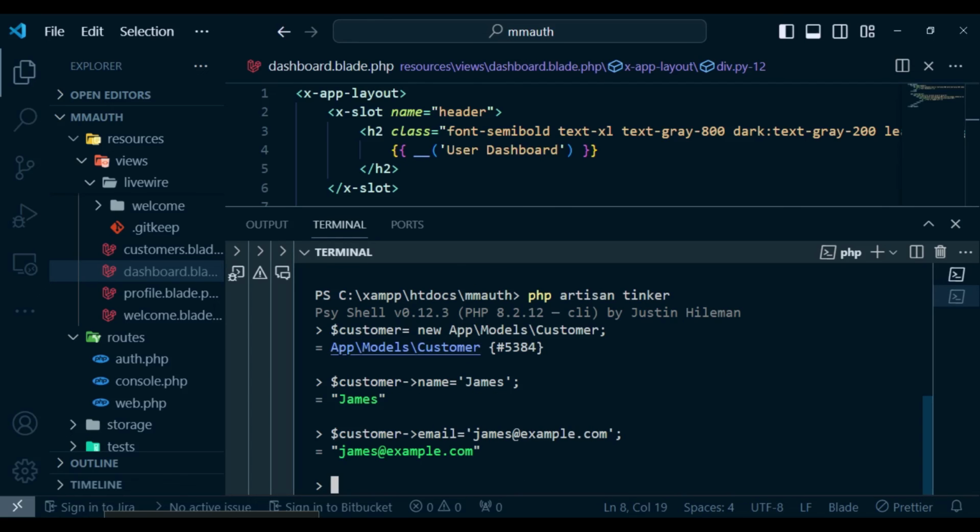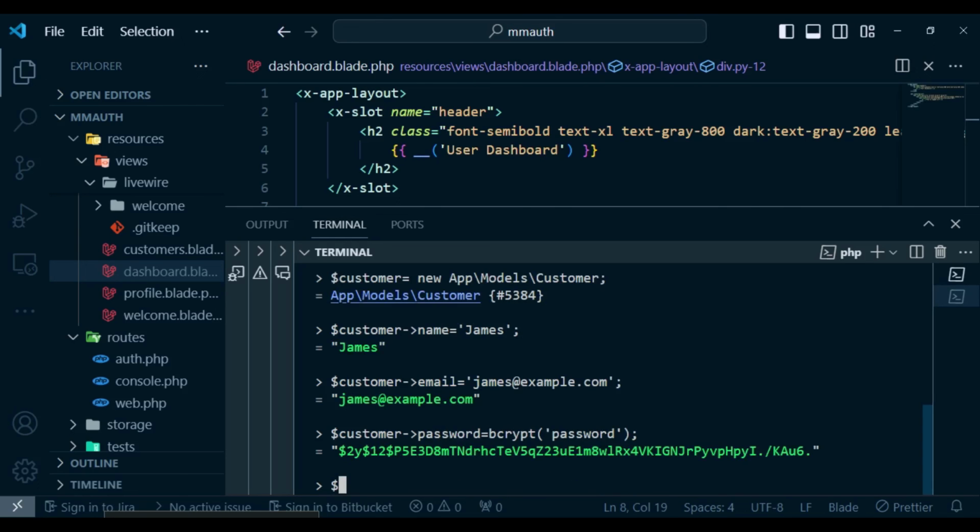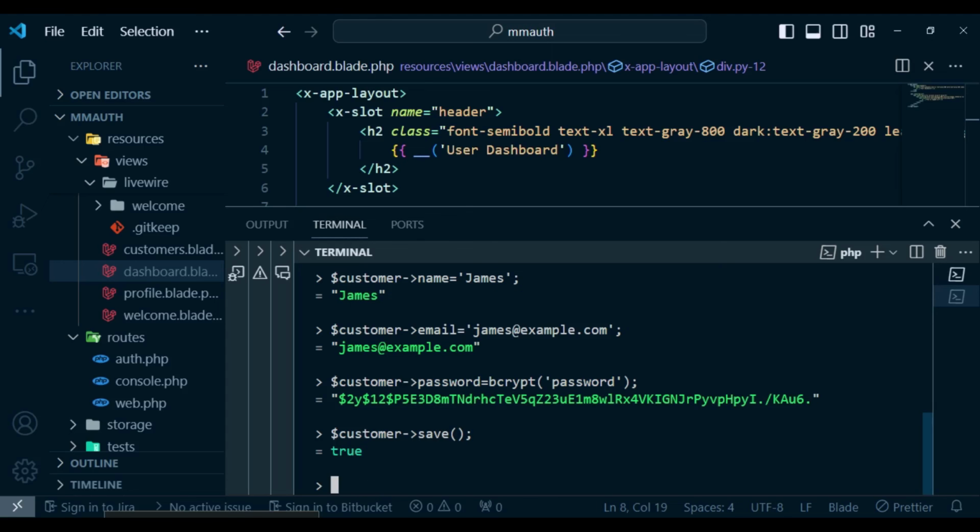james@example.com. And then we are going to have a password. So customer password is going to be by crypt. And in this case, inside here, what I want to have is just a string called password. And then we can say customer save. And we have been able to create another user that is called